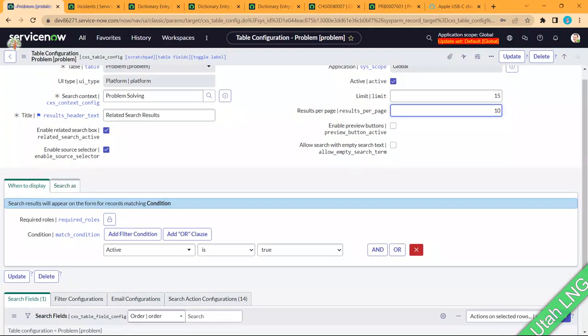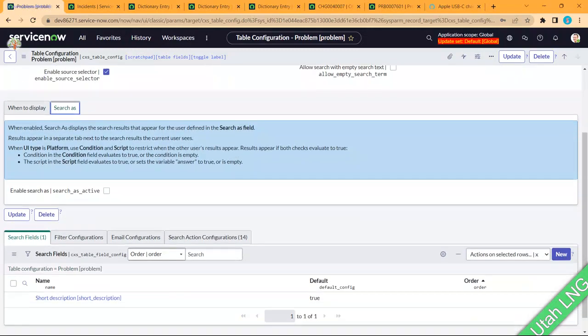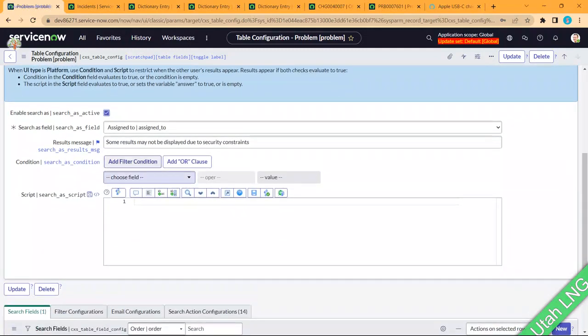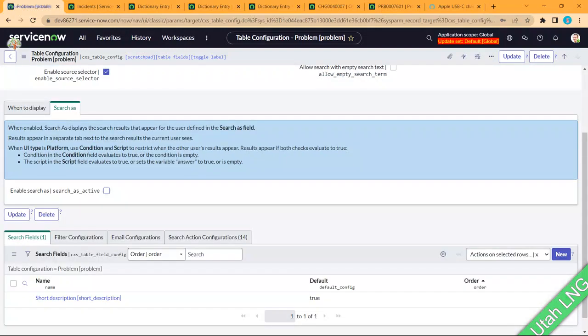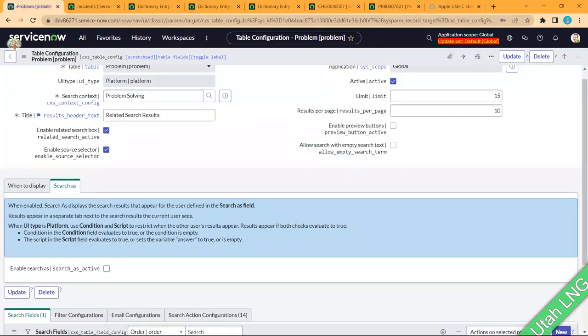Okay, if you want to do some kind of scripting as well, then you can use the script option. So if you click on this search as active, you can put search as assigned to, results can be displayed like this, and you can put your scripting here as well. That's what I personally do not recommend, because we should use out of the box instead of going for this particular option. Now if you see like this, enable related search box, I want to change this one,